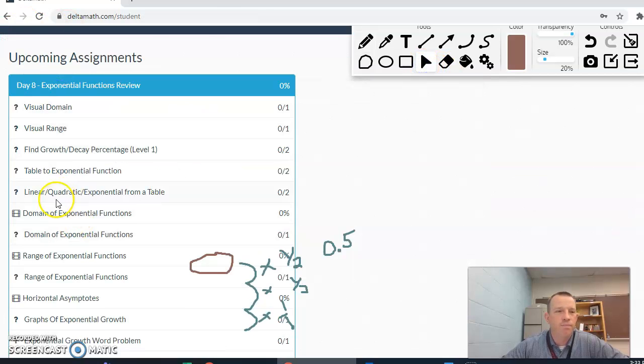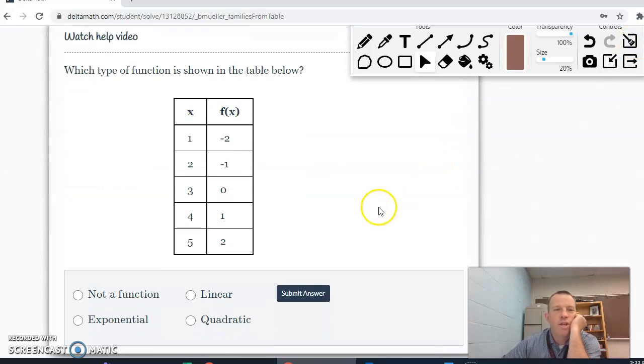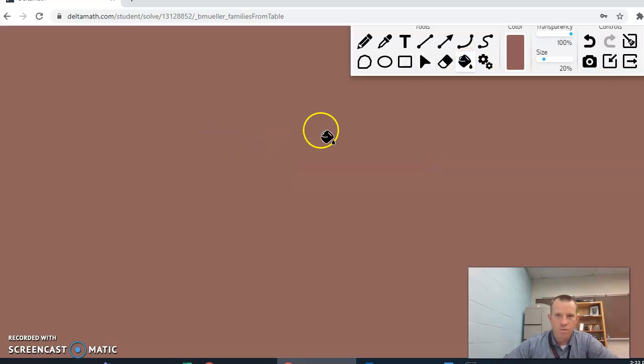All right, next question. Linear, quadratic, or exponential. Let me erase all that. So when you're given a table and you're trying to determine if it's linear, exponential, quadratic, or not a function, this is how you do that. We start out with linear. If it was linear, then what we have is a common difference of the outputs, okay? Now let's look at this one. It looks like this one may actually be, all right, so,